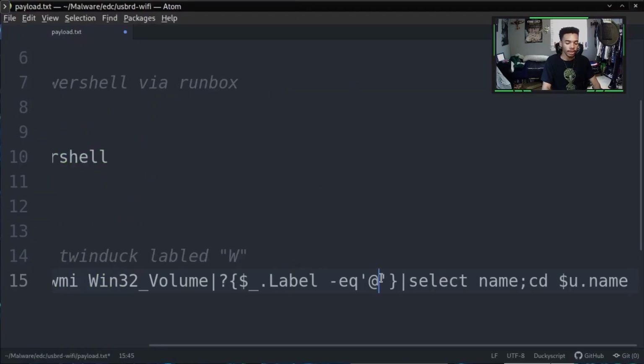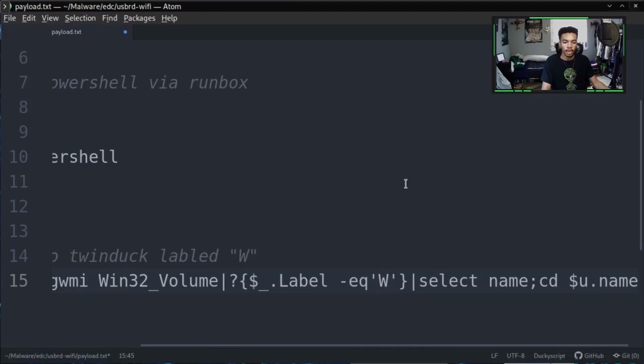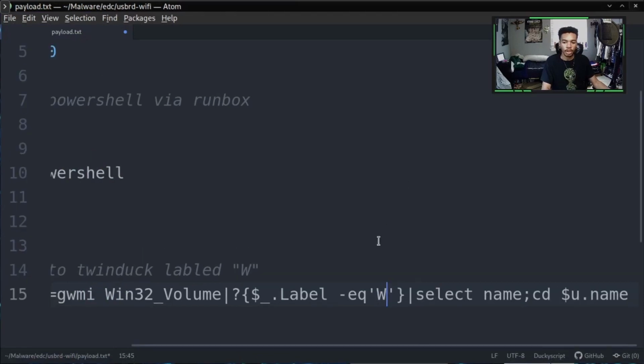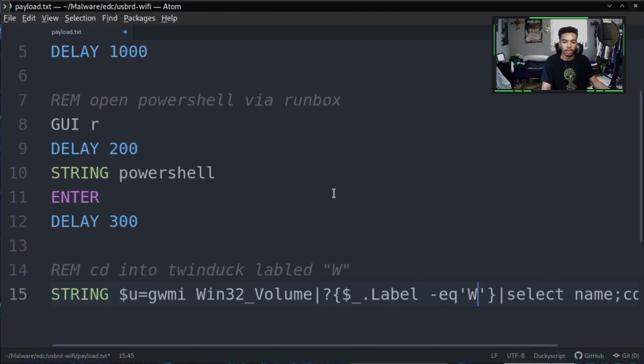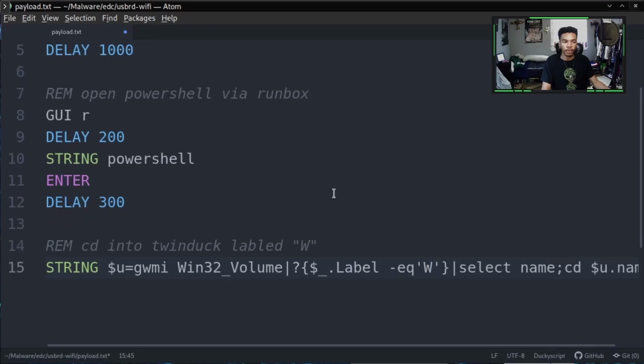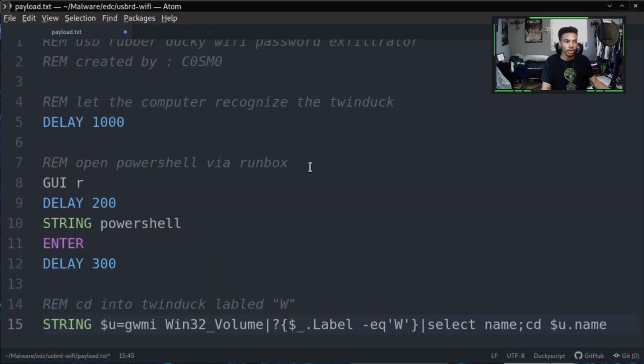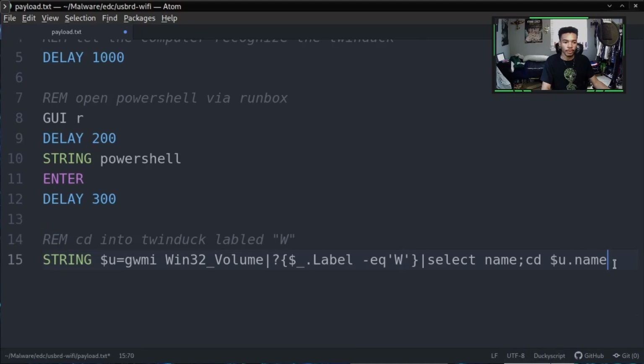So first of all, we're going to change this to W, and I'll zoom out a little bit just so you guys can get a fuller view of it. There you go. So there you go, we change our directory into here. We will hit enter,